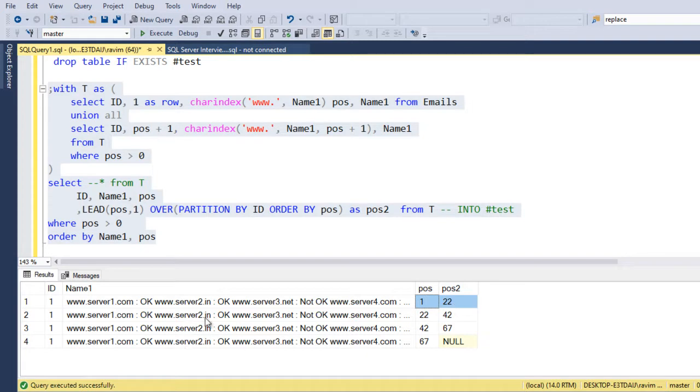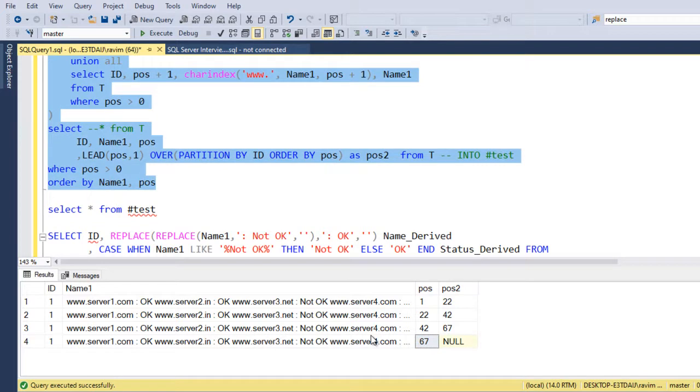Similarly, for the next one, using the same lead function, I'm trying to fetch the second website string, and the third one is the third website, and for the fourth one the position 2 is null. So after that I'm using the length function to separate the fourth website, right?